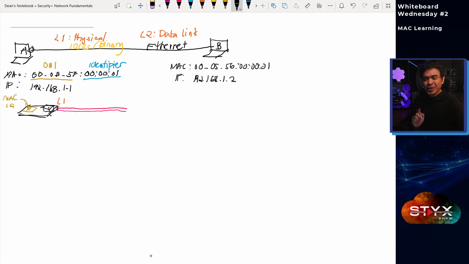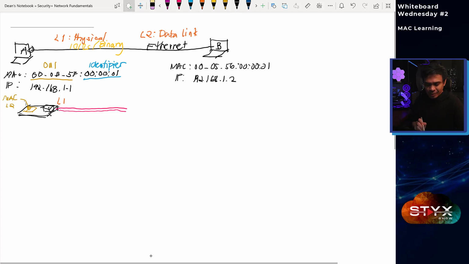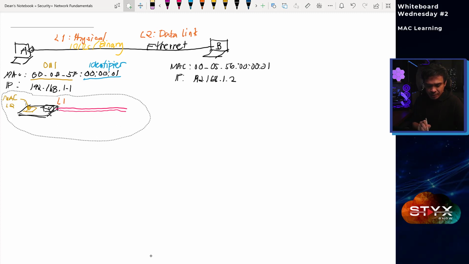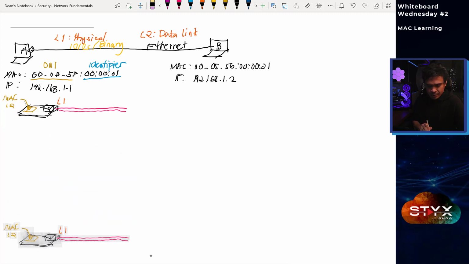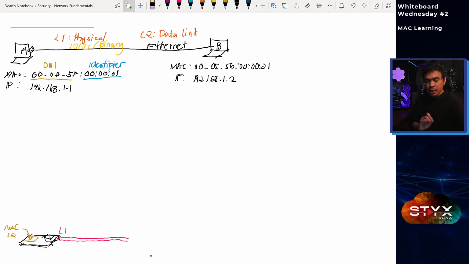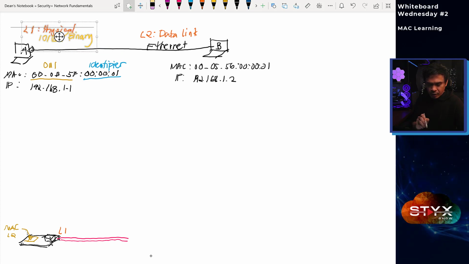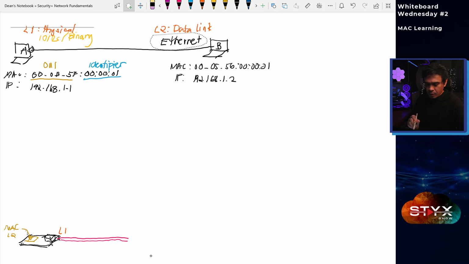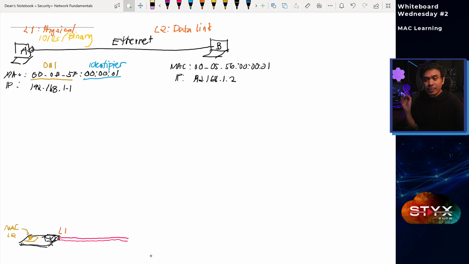Okay, so first things first, let me do a little revision. It's just moving some of the pieces. In this case, the NIC, I will move it a bit to the bottom because we need the space. What else? I will move this layer 1 physical binary here because we need the space. And I will also move these somewhere here. Okay, I will keep the Ethernet in the center. There you go. Okay. Now the reason why we need to move this is because we're gonna add another piece,